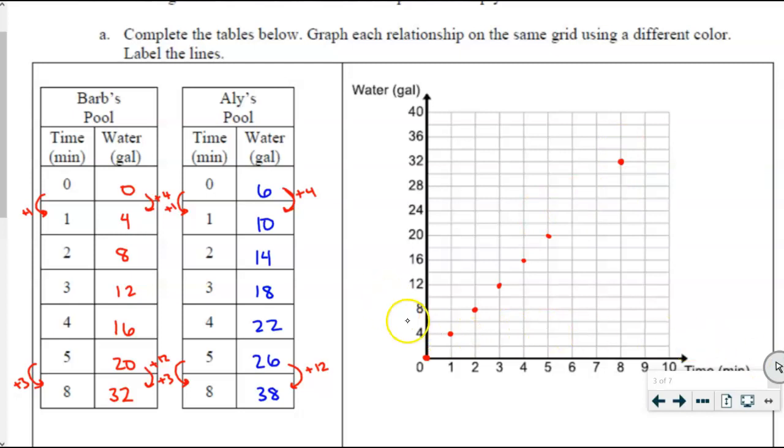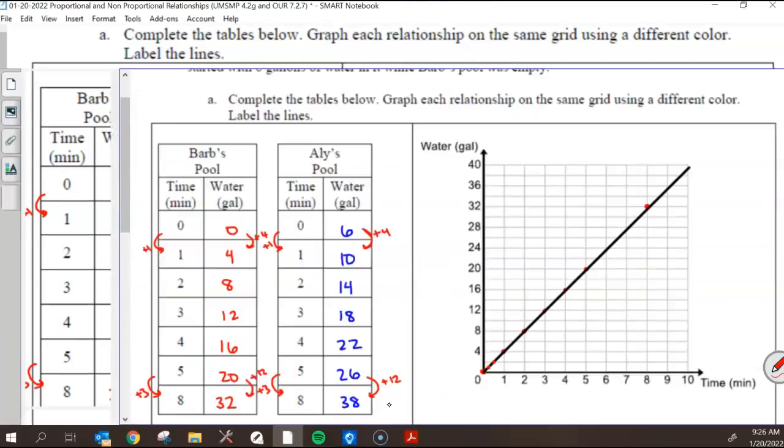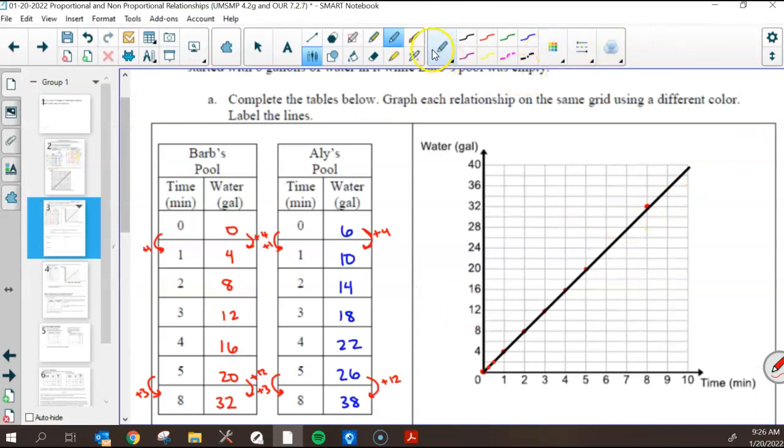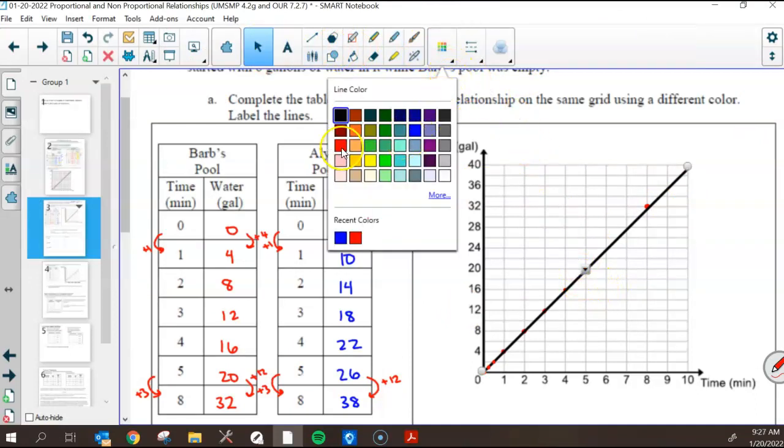Again, the discussion of should I connect these points with a line or not? Let's draw the line and see if those points make sense. If in only half a minute, will half of the amount of water be in there? Yeah, of course. In only a quarter of a minute, will a quarter of that amount of water be in there? Of course, it doesn't all just splurt out of the hose when we're filling our pool. At that 1 minute mark, it happens throughout that time. So I'm going to go ahead and color that line. And then we'll move on